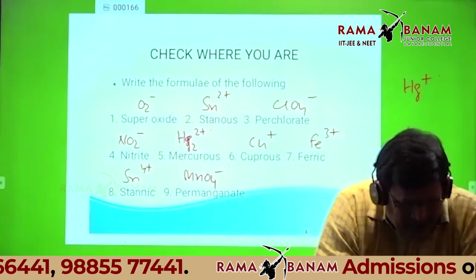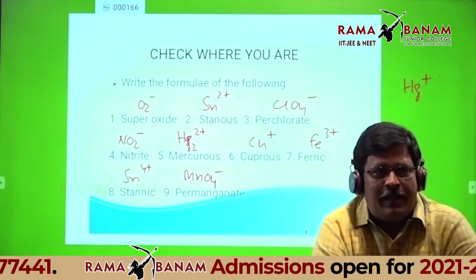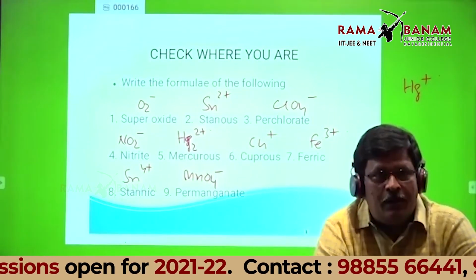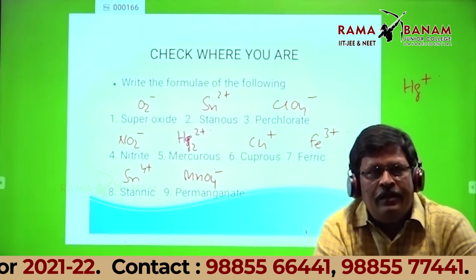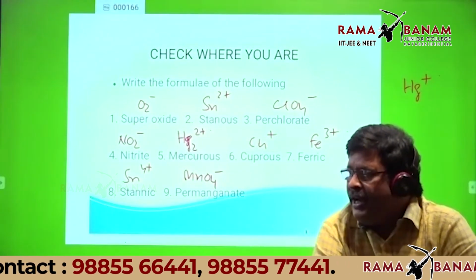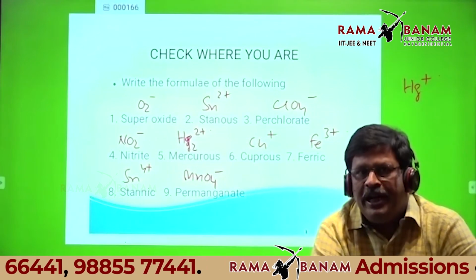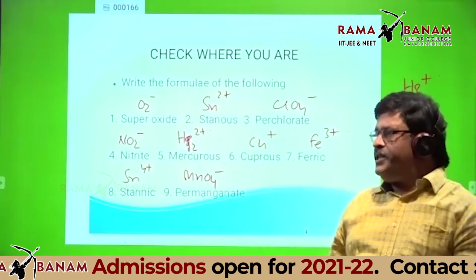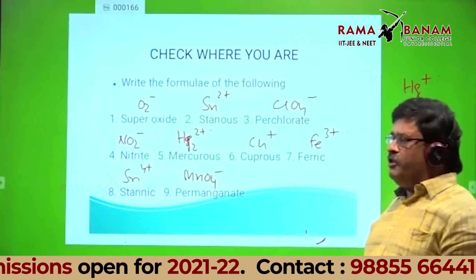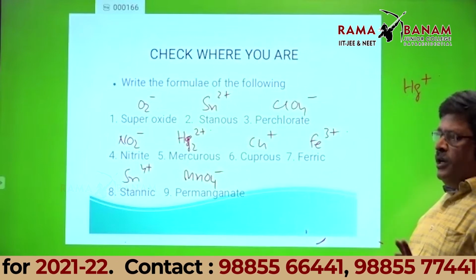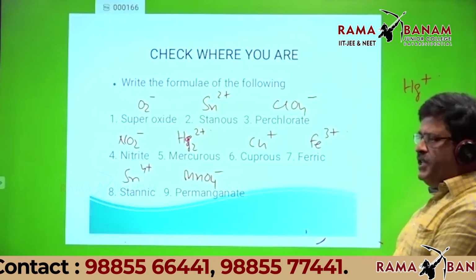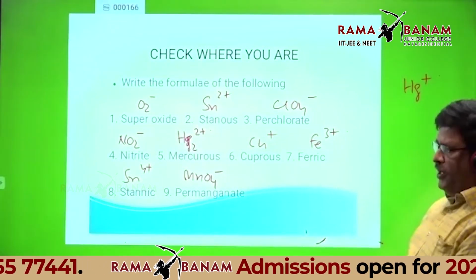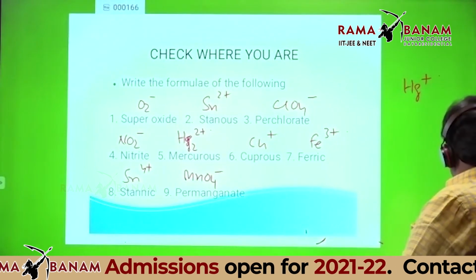Okay, students, forget about that. That's what I told. No need to tell. Even 5 plus correct is also good. Only thing required, I told, every day you read 1 hour chemistry, 1 hour physics after the classes, then only you can reach your goal easily. No need to tell. You should know where you are. That's my point.